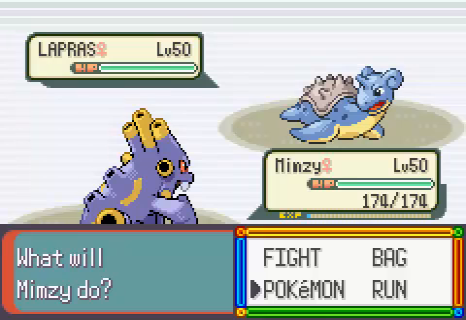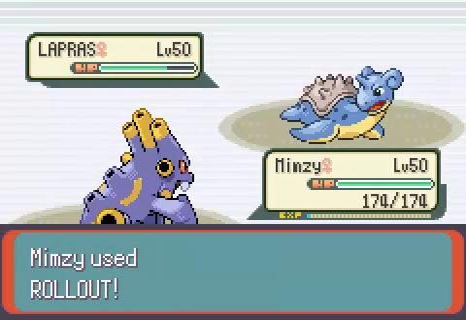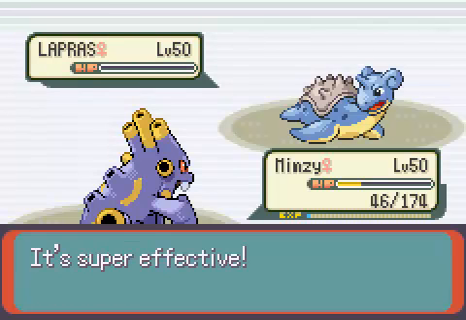Lapras, speaking of Lapras, is going to be kind of a wandering sprite in the ocean, so I really don't have an idea where yet. I think I have a vague idea because...